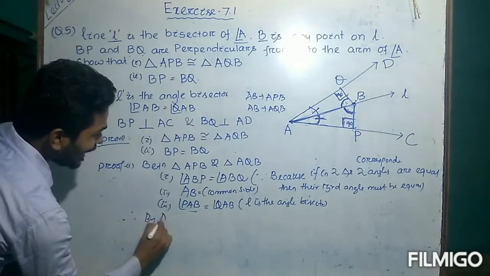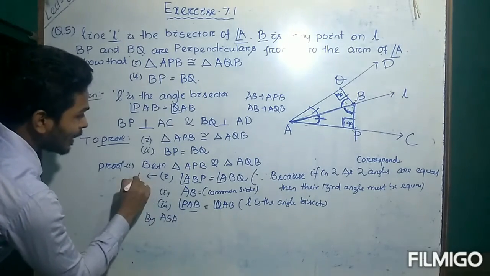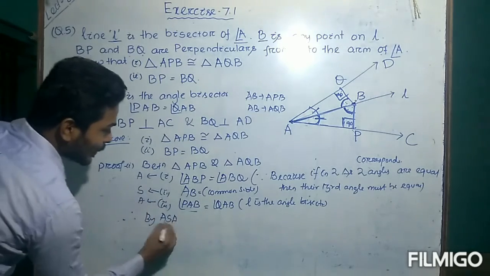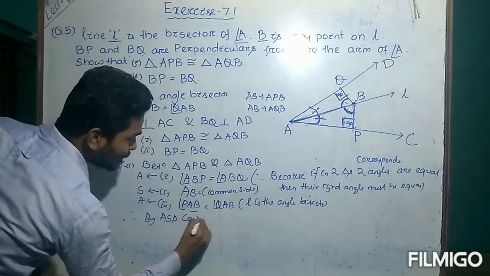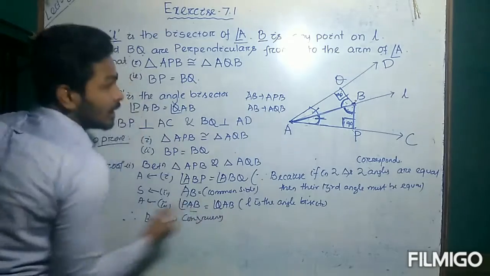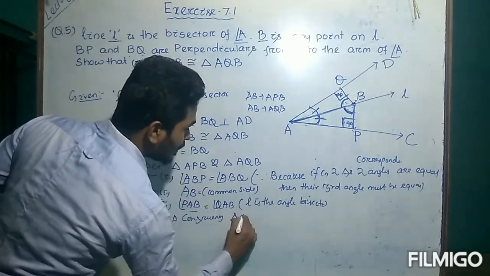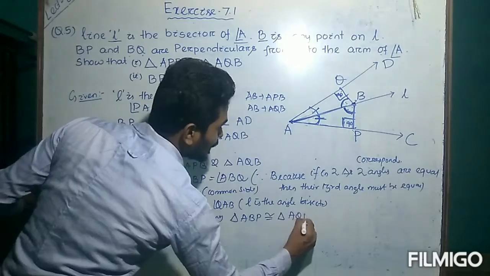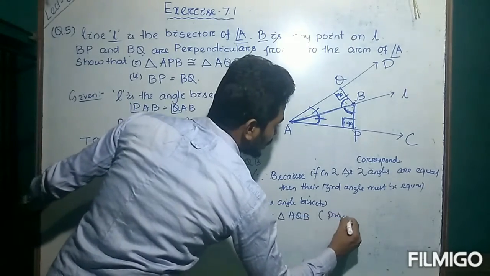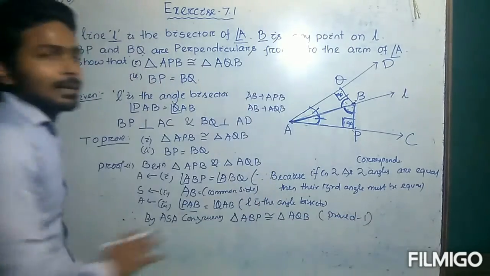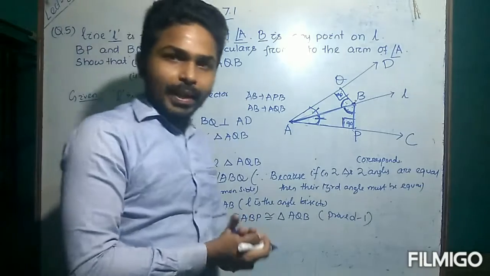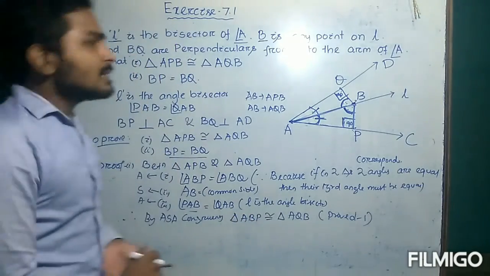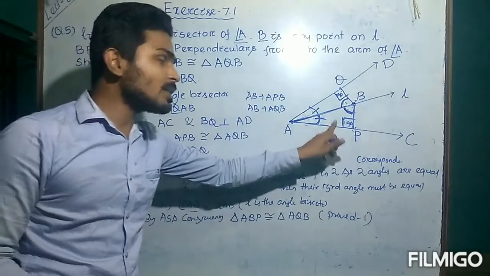So by ASA, this stands for angle, this stands for side, this stands for angle. So by ASA congruency, this triangle APB is congruent to the triangle AQB. This is the proof for the first statement. It is clear now? Okay. Next we have to prove the second one. How? Since we have found that this triangle is congruent to this triangle,